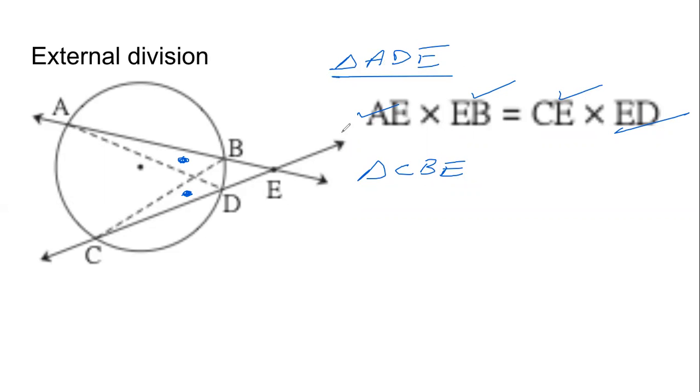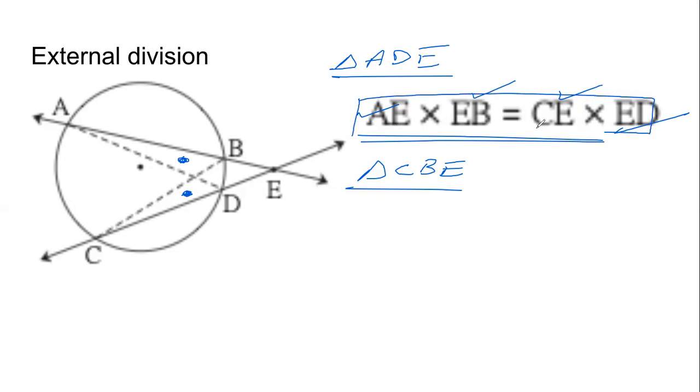When we prove that these two triangles are similar to each other, then we can write the relationship between the corresponding sides, that is, they are proportional. When we write that proportional relationship, then by moving the sides, we will be able to prove this once again. Good for us that this remains the same, whether the chords are intersecting outside or inside. The result remains the same.